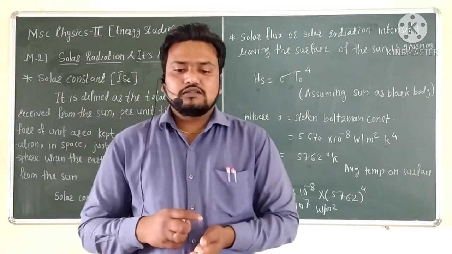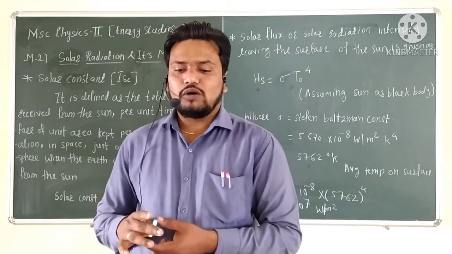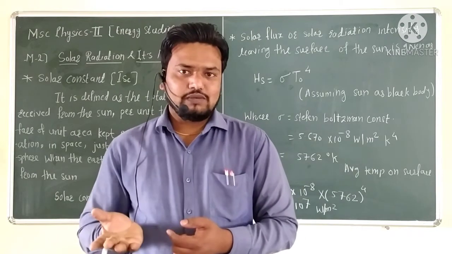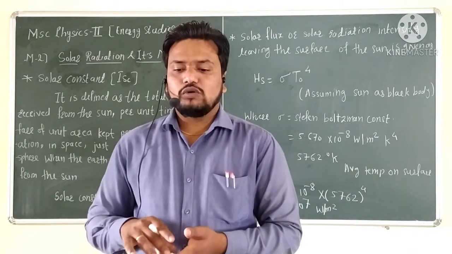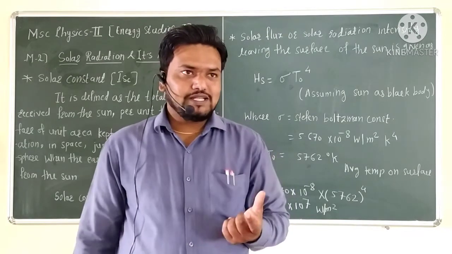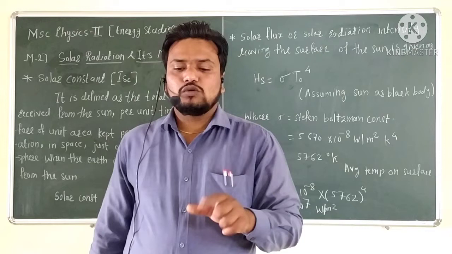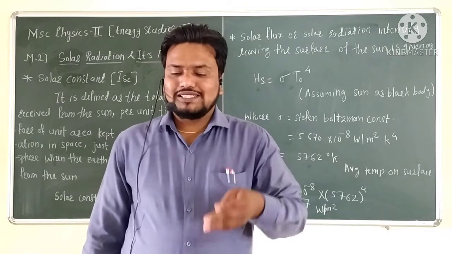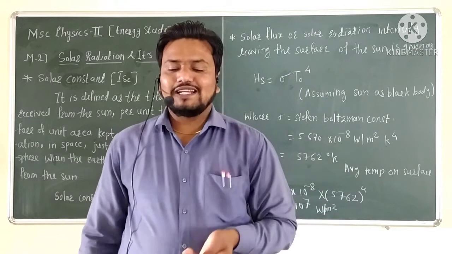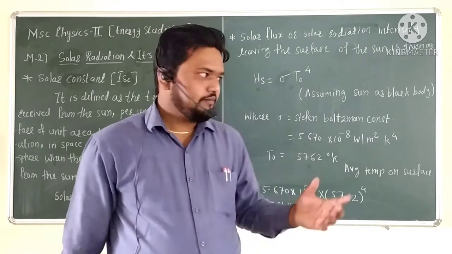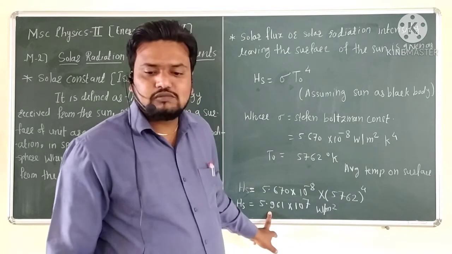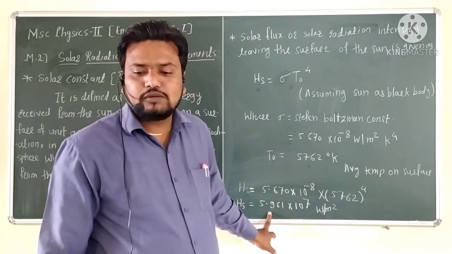Consider the total radiant power emitted from the sun, which is obtained by multiplying the above calculated value by the surface area of the sun. That means, if we want to calculate the radiant power from the sun, this Hs value is multiplied by the surface area of the